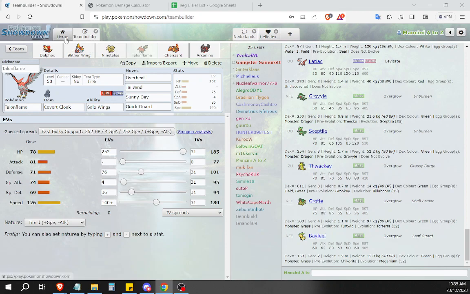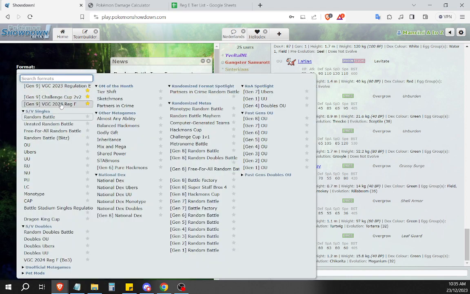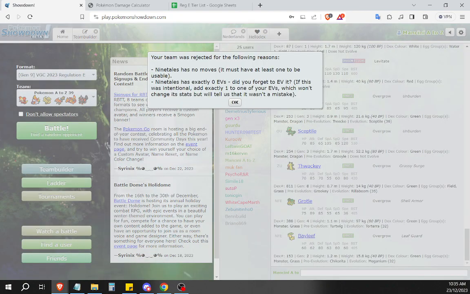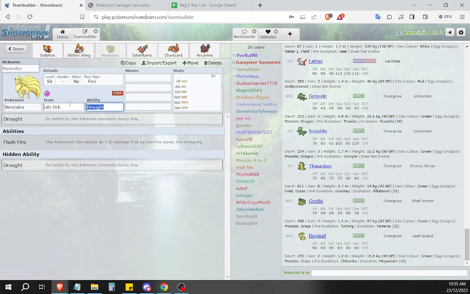You're right. I'm thinking of the one before that. Yeah, that was the last episode of the previous one. That was the Tropius one, I think. Breloom and Tornadus. Ninetales has no moves and 0 EVs. No moves! You know, that's a...